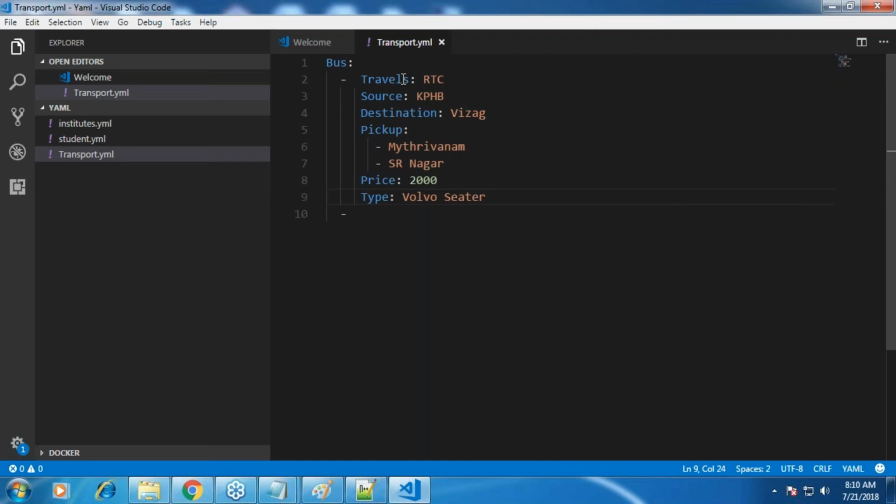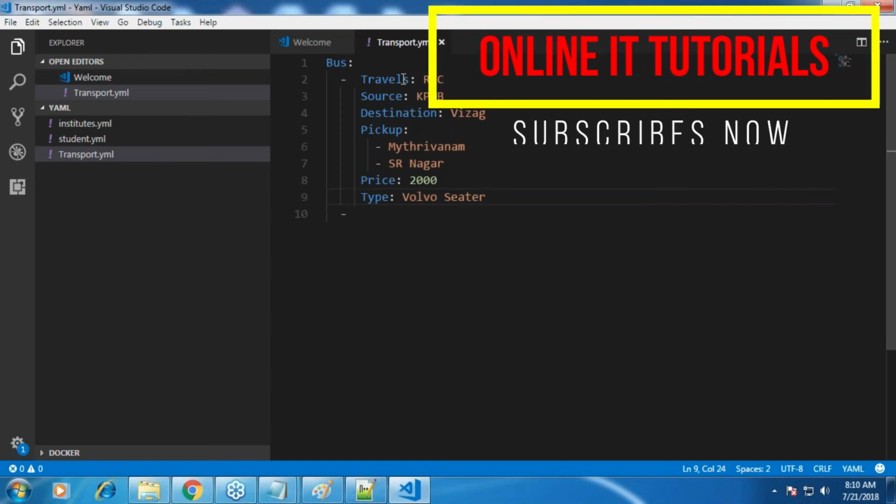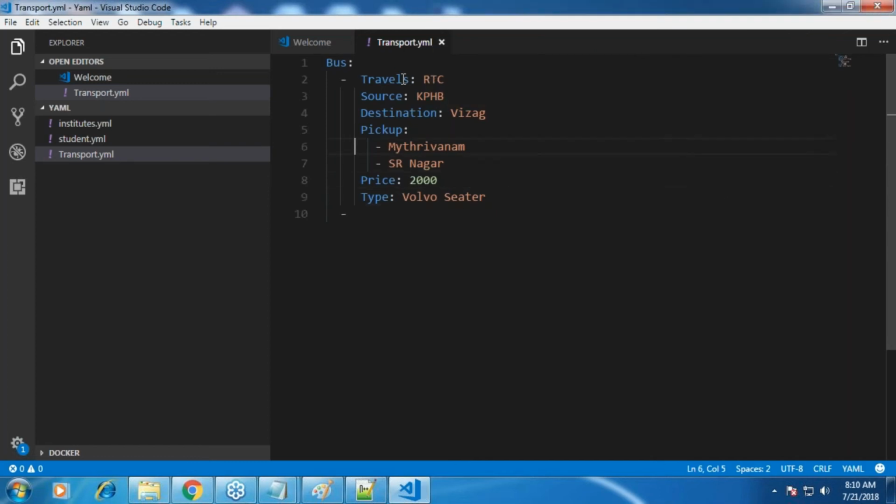And generally, if you want to write type in multiple categories, you will be writing something like hyphen Volvo, AC, seater. You can also use that notation, whatever is comfortable for you, right? So this is my first bus, and similarly, I'll be writing one more bus, all right? I have made one mistake over here, so this should be here. Everything is good, but after hyphen, you should have.